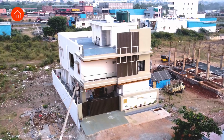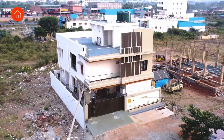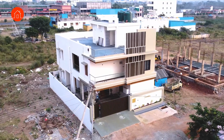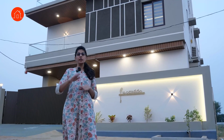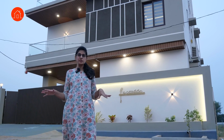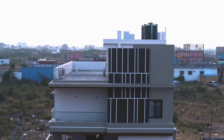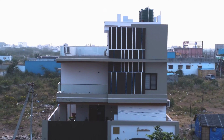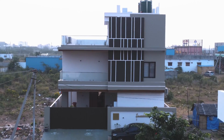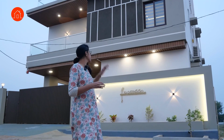Unlike the other houses that you see, this building definitely stands out because of its color, the textures that have been used, the kind of color palette that we've played with. We've tried to keep it more on a neutral tone with all browns, beiges and creams. So the highlighting color is a beige tone and the main color is a cream tone. With that, we've used a lot of wooden texture in terms of the ceiling to get some warmth into the